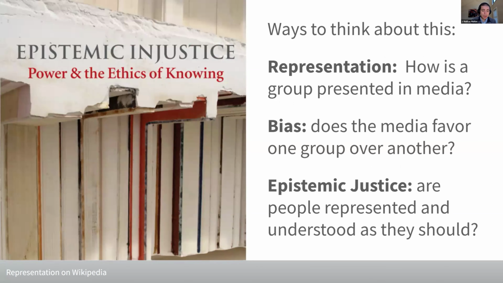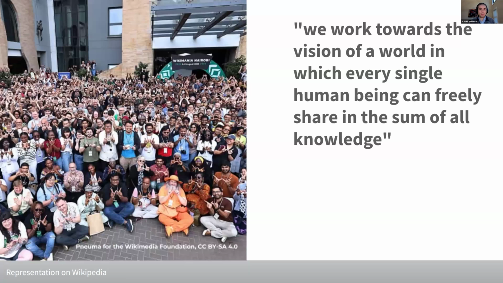The philosopher Miranda Fricker calls these questions about epistemic justice. We can ask ourselves how a group is depicted in the media. We could debate bias, whether the media favors one group or another, and we can look at the deeper question of whether people are represented and understood as they should be. And what's interesting about Wikipedia and the movement is that the mission statement contains all of those debates in a single phrase, a vision of the world in which every single human being can freely share in the sum of all knowledge. That attends to both the people who are being represented and the people who are trying to learn